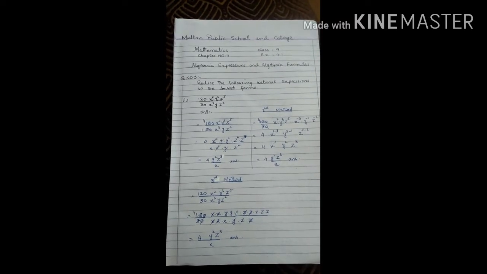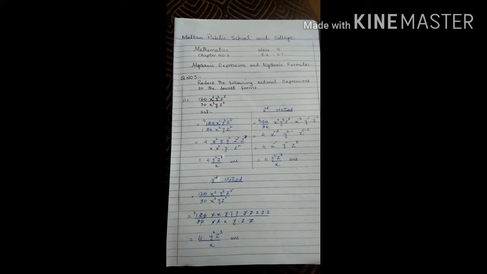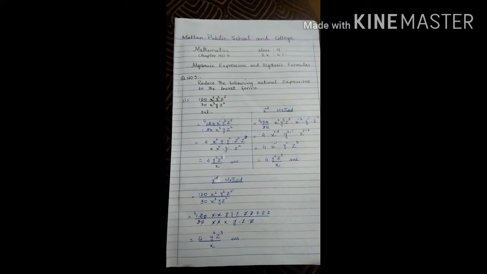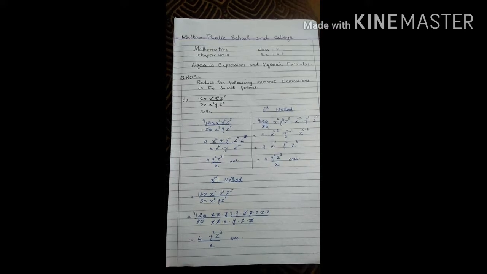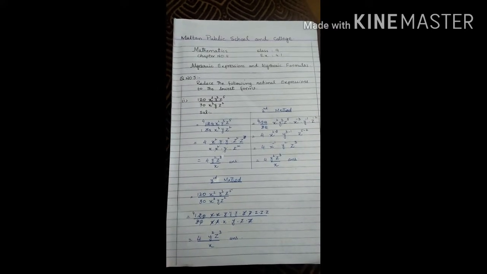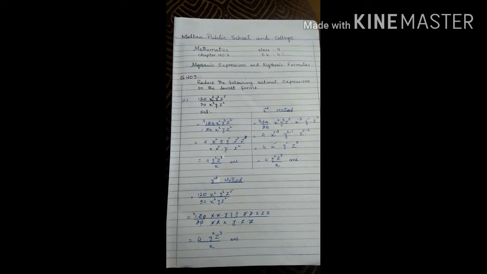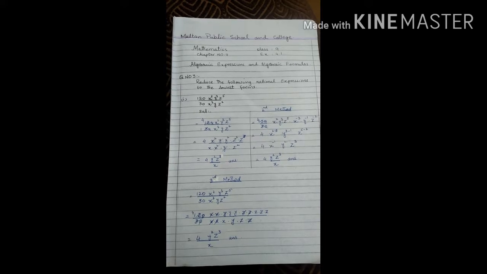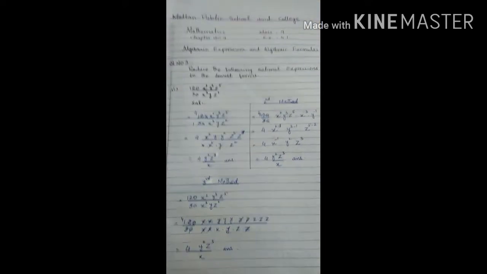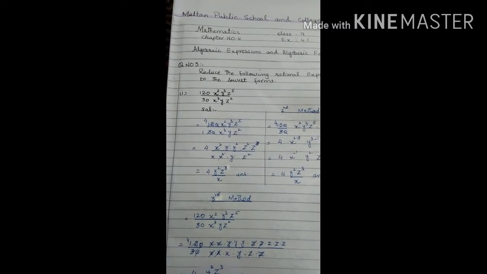Dears, in our previous lecture we started chapter number 4 and we did the definitions of algebraic expressions, polynomials and rational and irrational expressions. We also solved question number 1 and 2 of exercise 4.1. Now we are going to start question number 3, that is about the reduction of the rational expression to the lowest form. The first part of this question is that you have to reduce